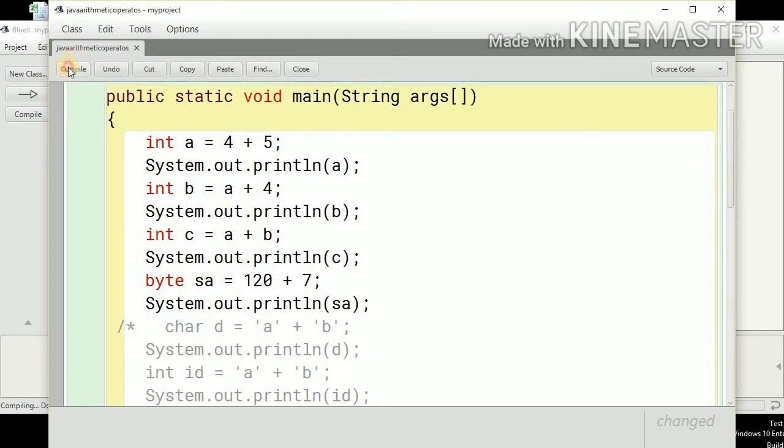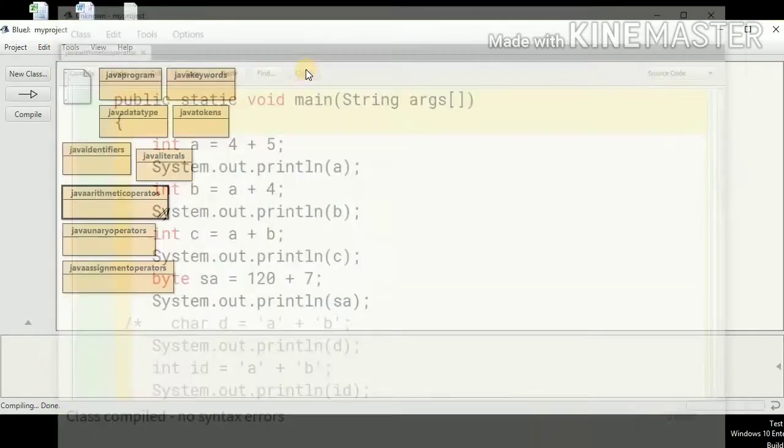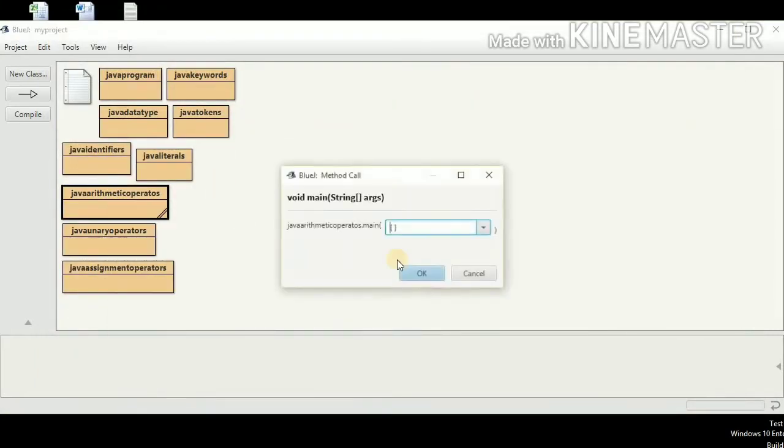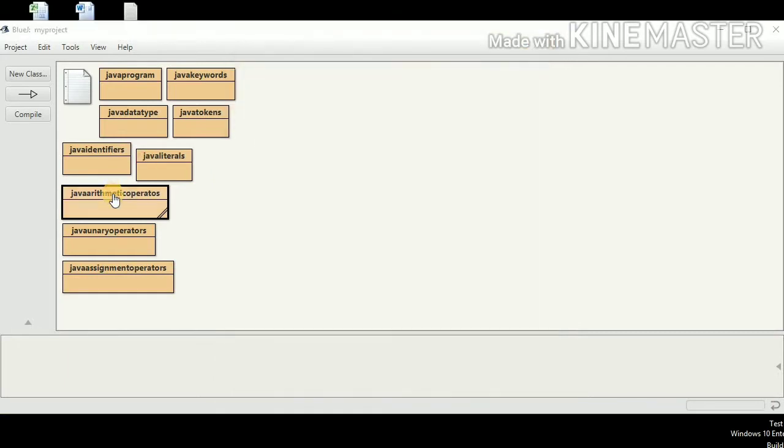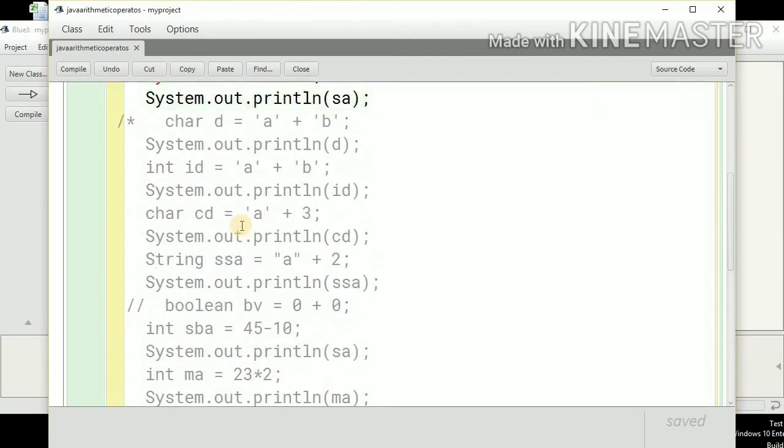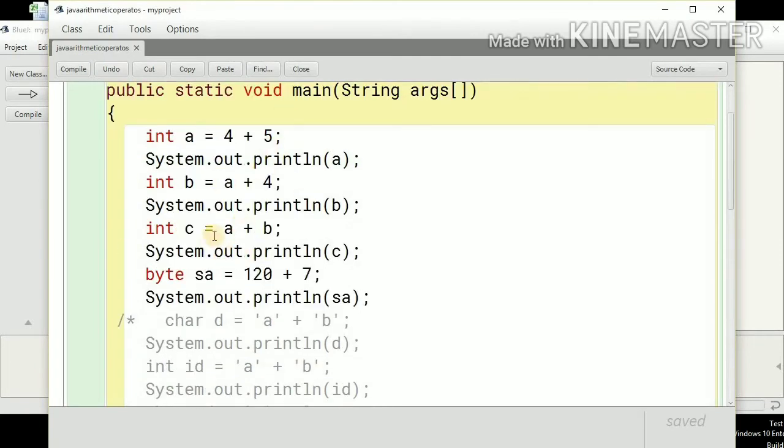Let us see the output of this program. Right, the first is two literals, then it is one literal and one variable. This is both the variables, then this was with the resultant, and this was the sum of the byte values. So we have all these solutions: both the literals, and the sum of the byte values.